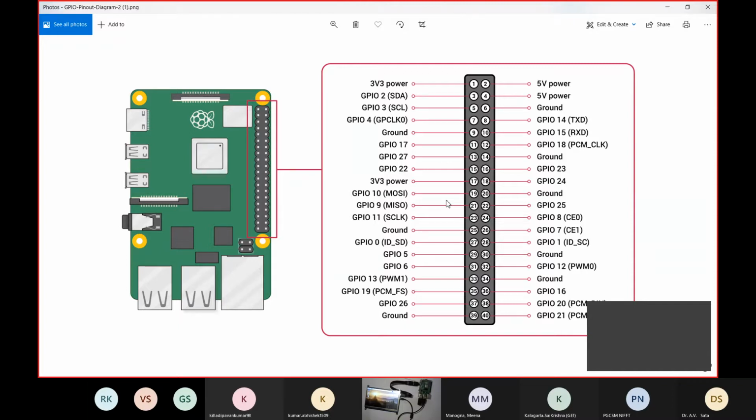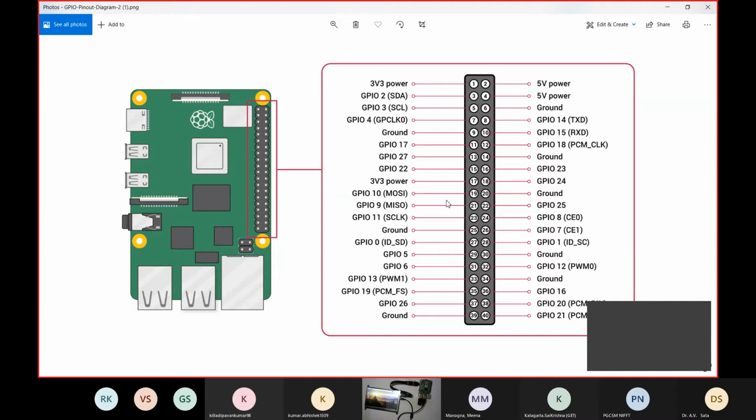There are two 5-volt power pins on the rightmost side, pins 2 and 4. You can power using GPIO from there. You will have to connect one 5-volt pin and one pin with the ground.